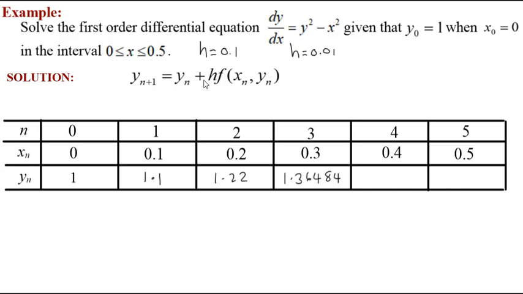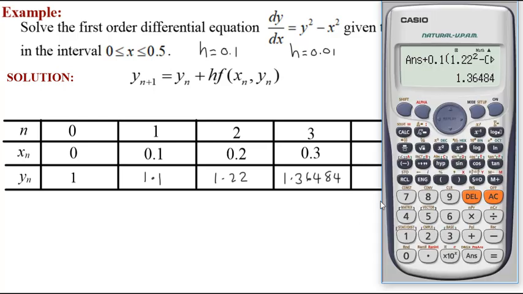We simply repeat this calculation using this formula. Then we take our answer as our y3, plus h, which is 0.1, multiplied by f, in this case our y3 is 1.36484 squared minus 0.3 squared, which gives us